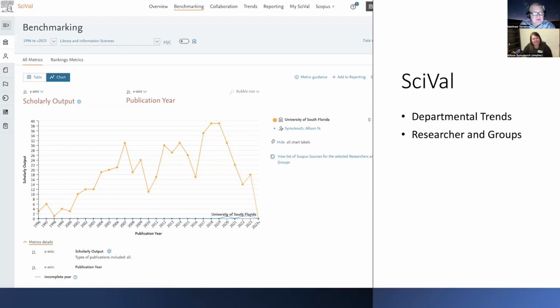And this is something you can use to do that, not just with individuals, as you see Allison's profile here, but you can use this for individuals as well as departments or researchers and groups. So if you haven't had the chance to use SciVal or Insights, there's really a whole lot you can do with them. You can see up here all the different fields, but again,